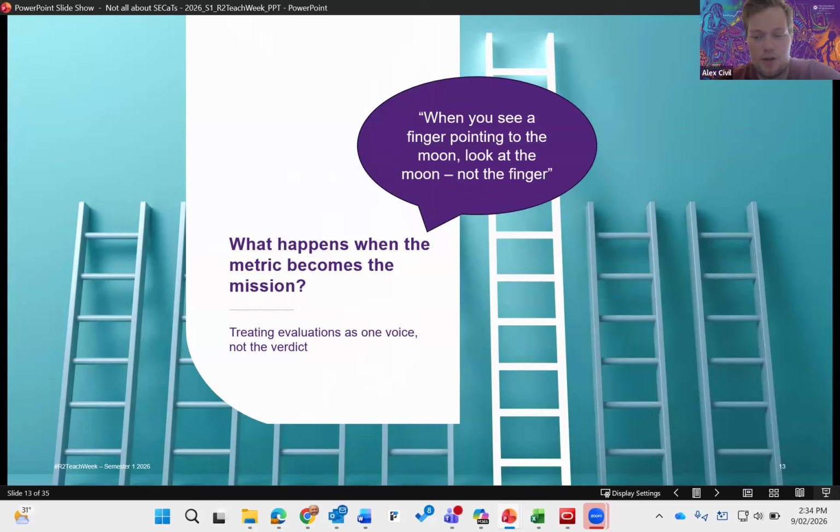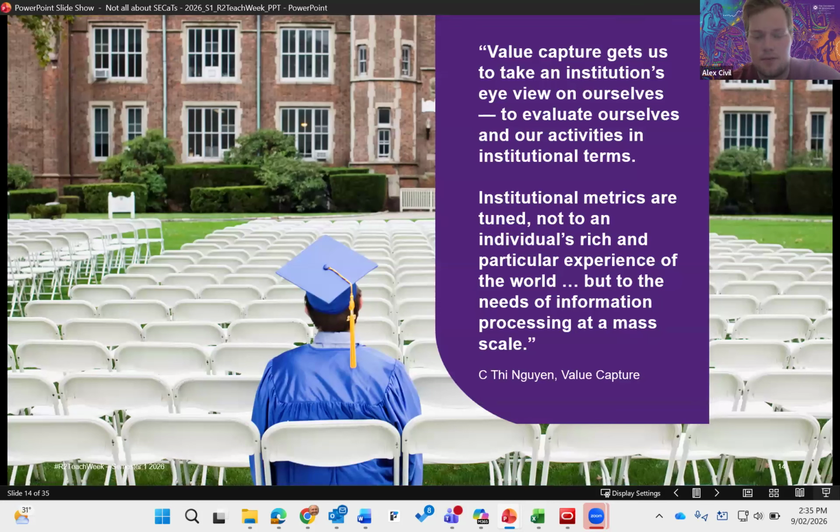Let's focus on your values and the quality of teaching and the student experience rather than just some metric, and treat the SECaTs as one metric for evidencing your teaching rather than the complete and whole story.